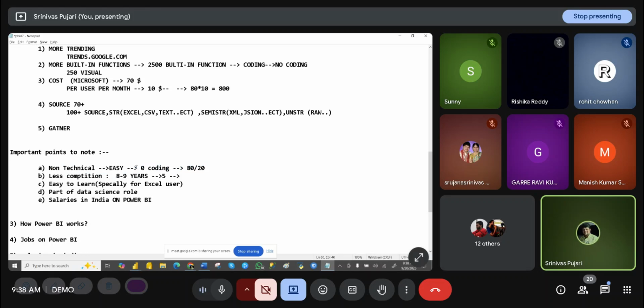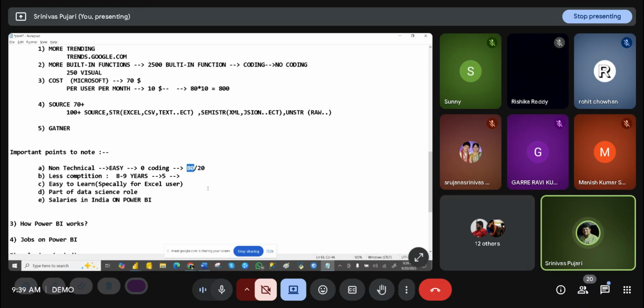And we need to follow this 80/20 rule. What does that mean? If you go for Java developer or .NET or any other coding, there will be too much coding and you need to do hard work. People do 80% hard work and get only 20% results. But here we do only 20% hard work and get 80% results.